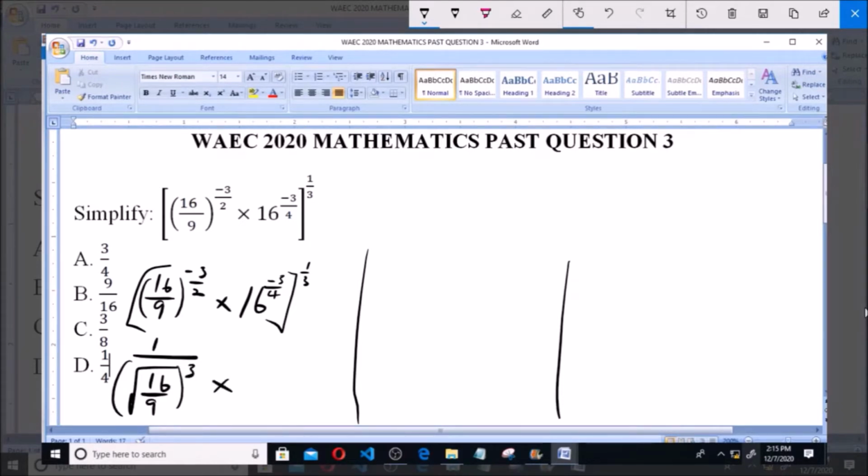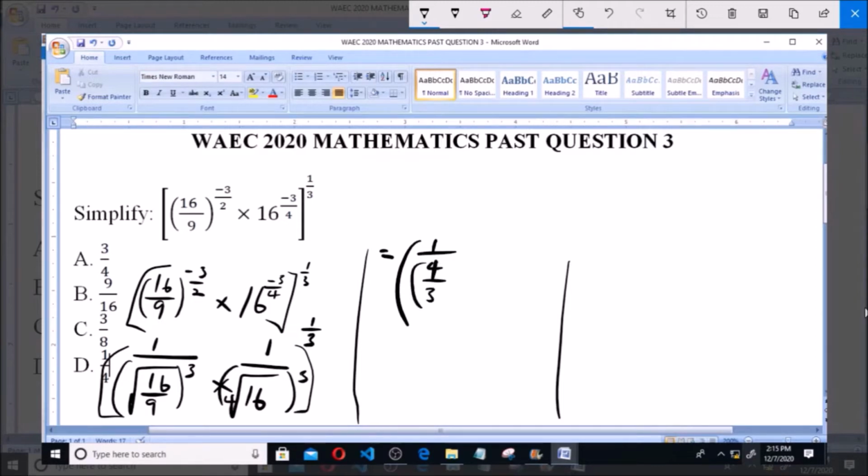then multiplied by 16 raised to the power of minus 3 over 4, which simply means 1 all over the fourth root of 16 raised to the power of 3, then everything raised to the power of 1 over 3. Now this is equal to, in brackets, 1 all over the square root of 16 over 9, the square root of 16 gives us 4, and the square root of 9 gives us 3. So 4 over 3 cubed,